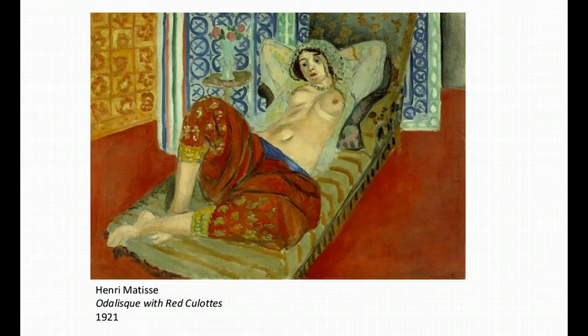An odalisque is, as I showed you in the beginning of the course, the Grand Odalisque by Ingres. An odalisque is basically the term for a female slave from the Orient, i.e. the Ottoman Empire. And so these were the women that made up the harems. And I'm sure all of you have heard the term harem before.